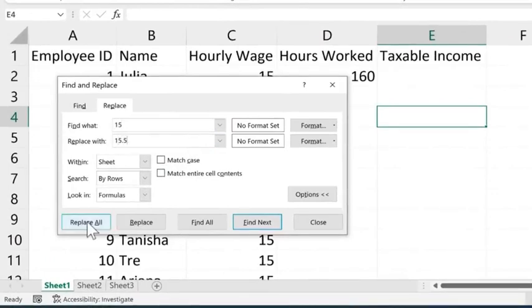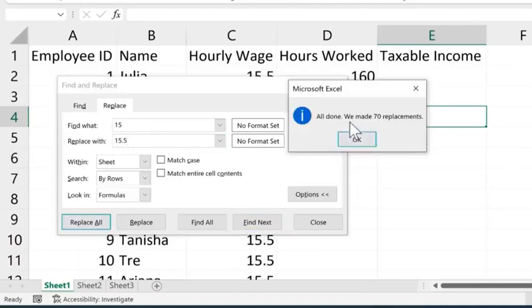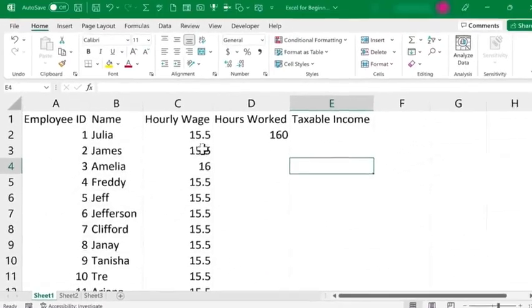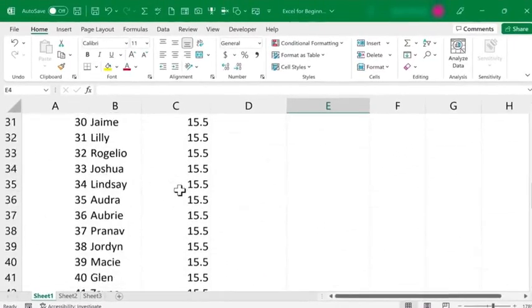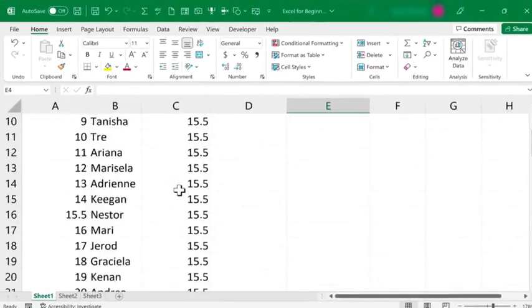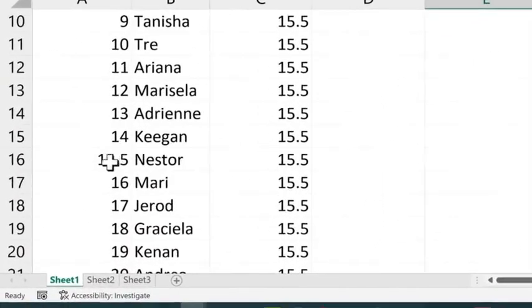And I'll select Replace All. All done, we made 70 replacements. I click OK and close. You'll notice that all of the 15s have been turned into 15.5. Now there is one problem with that. Notice employee ID number 15